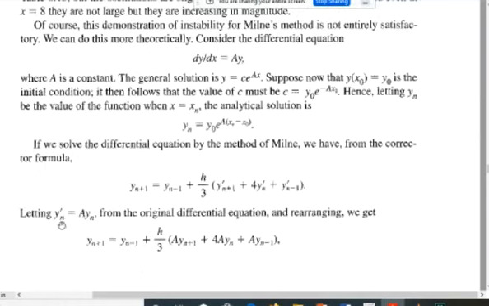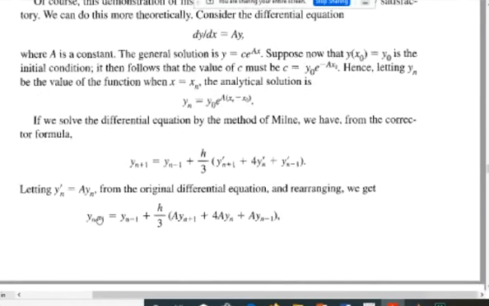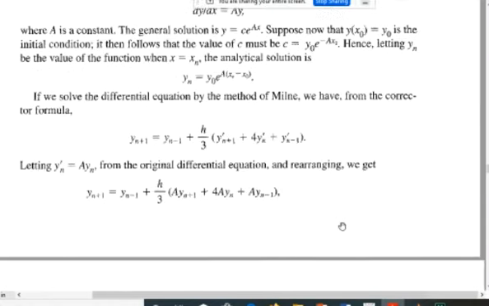By letting y prime equal a y_n, y prime n, from the original differential equation and rearranging the previous equation, we get this equation: y_{n+1} equals y_{n-1} plus h divided by 3 times a y_{n+1} plus 4 a y_n plus a y_{n-1}. This is the same as the previous one,